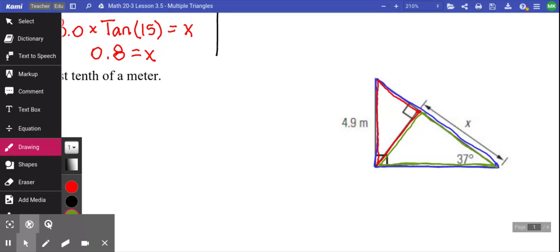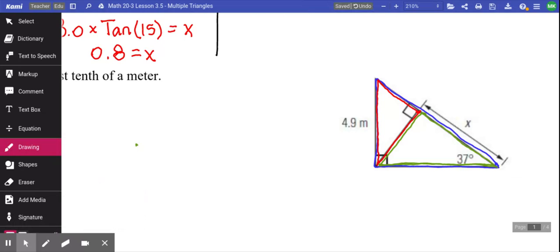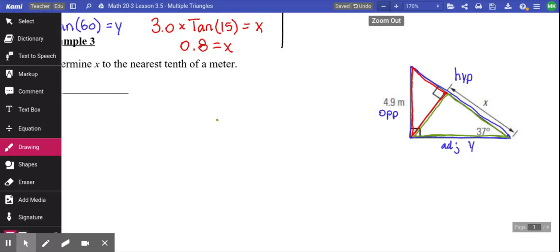The red triangle is going to be kind of useless to us. We don't need to worry about it. So first step is label your big blue triangle. Your big blue triangle would be this is your opposite, this is your adjacent, this entire thing over here is your hypotenuse. We want to find our shared side, right? Our adjacent down here. To do that shared side,